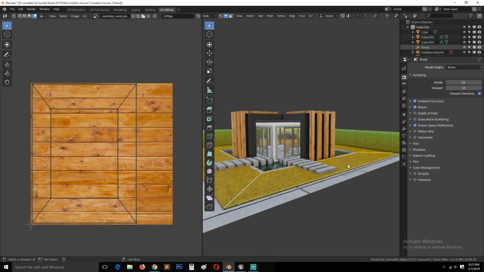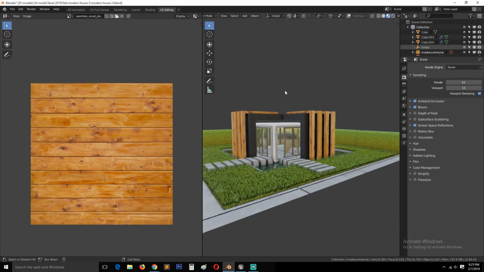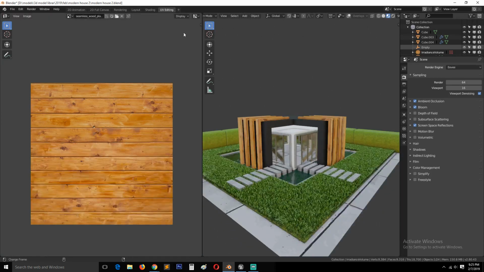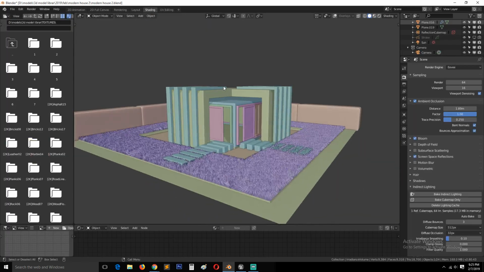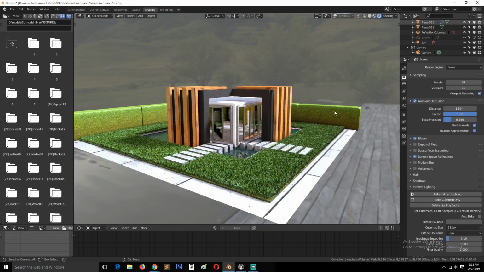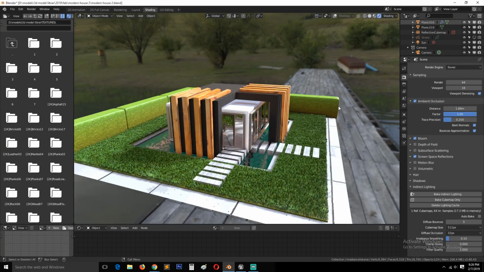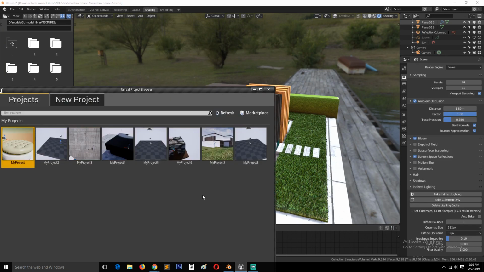Let me make sure that I bring back the grass. Yeah, we're going to be recreating this scene here. Let me go to shading in Unreal Engine to see how it would look there, since the Blender EEVEE render engine works in the same way as Unreal Engine works. So I want to experiment and see how this would work in Unreal Engine, and this would give people an